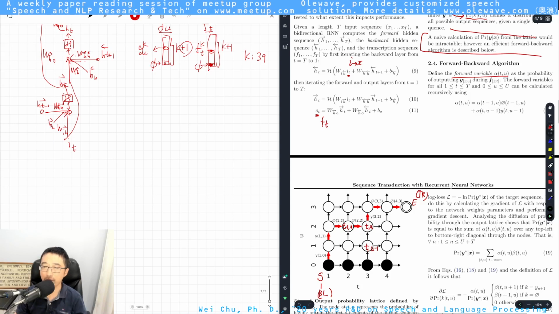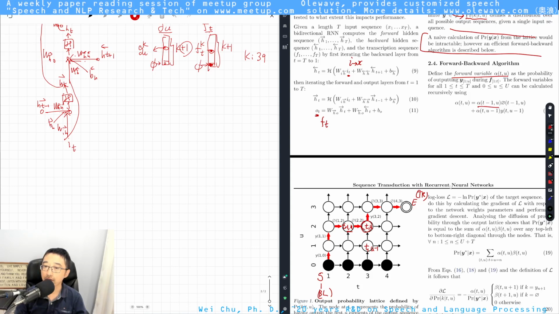So if you're familiar with dynamic programming, if you've done LeetCode, you know what I'm talking about. So if you want to calculate the probability over here, because there are only two possible paths that can reach this node from these two nodes, okay? So all I have to do is use the forward variable here, which is this, alpha t minus 1 u